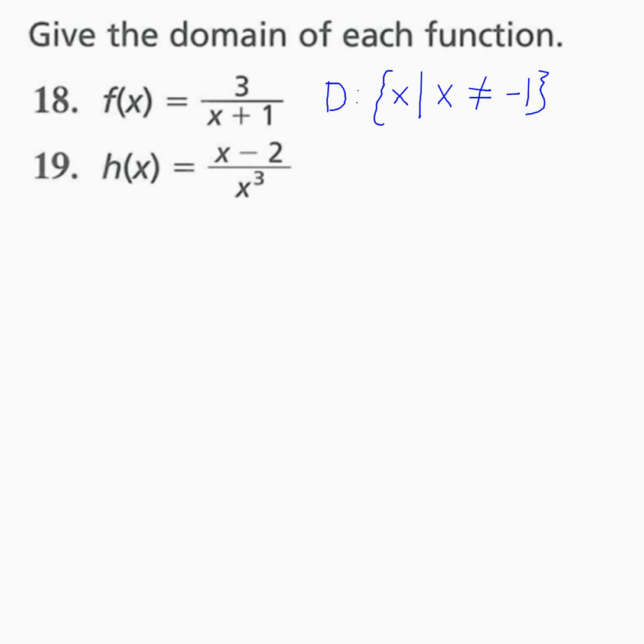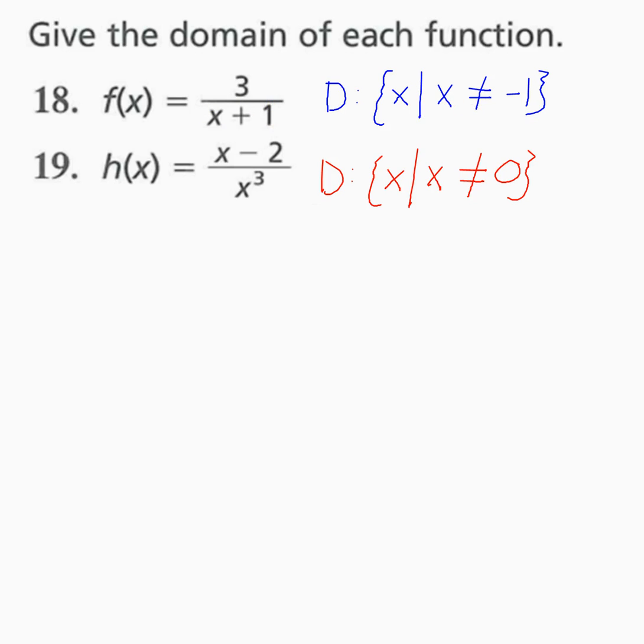And then for the other one, the domain, it's all values of x so that x does not equal. And what makes the denominator 0? Well, the only thing that makes it 0 is if x were 0. So that's listing the domain. So you just write all values of x so that x does not equal whatever would make the denominator equal